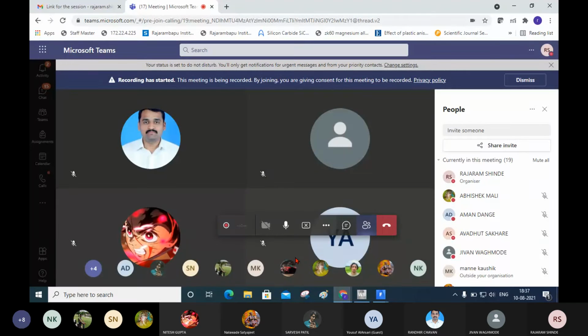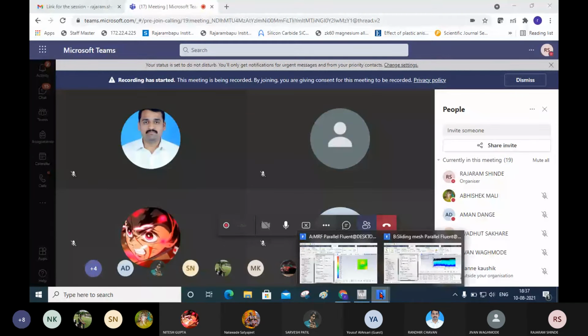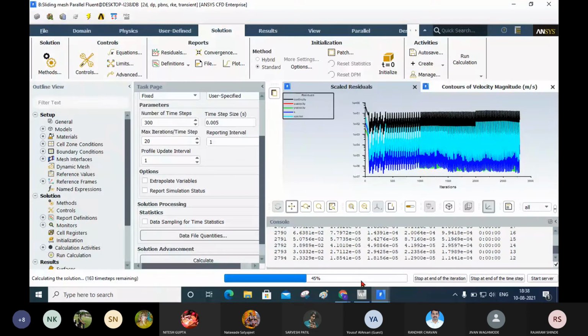I can open the new file, but there may be a possibility of a crash of all the things. If we do extra things while solving these types of problems, there may be a possibility of a crash and your system may hang.